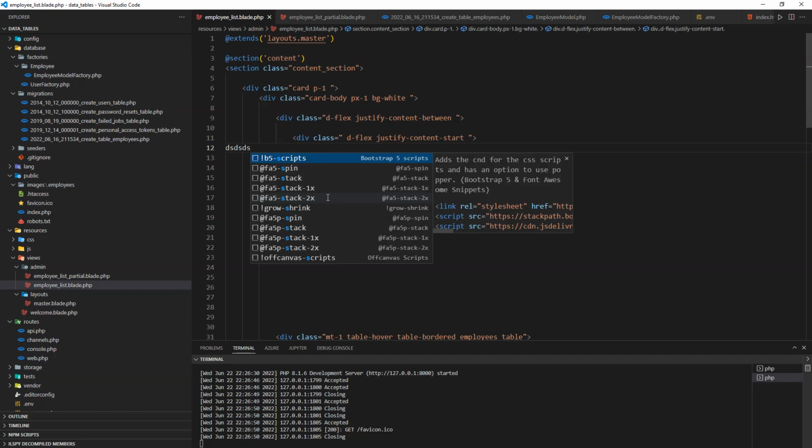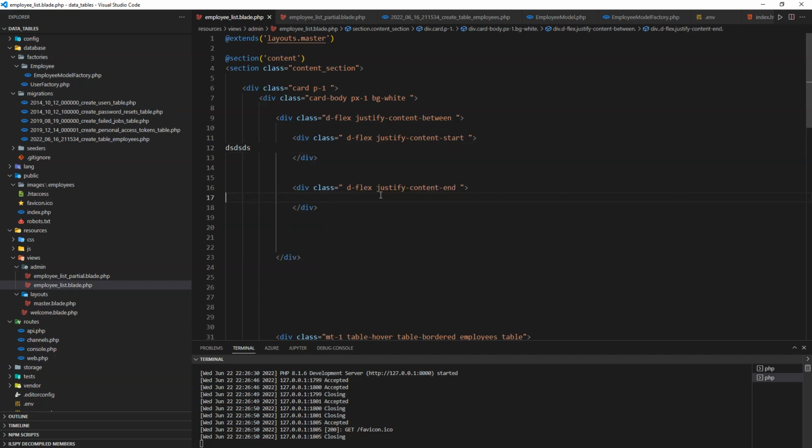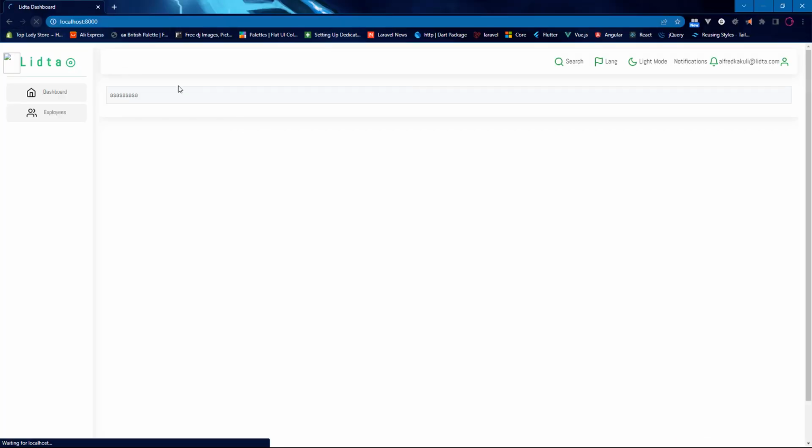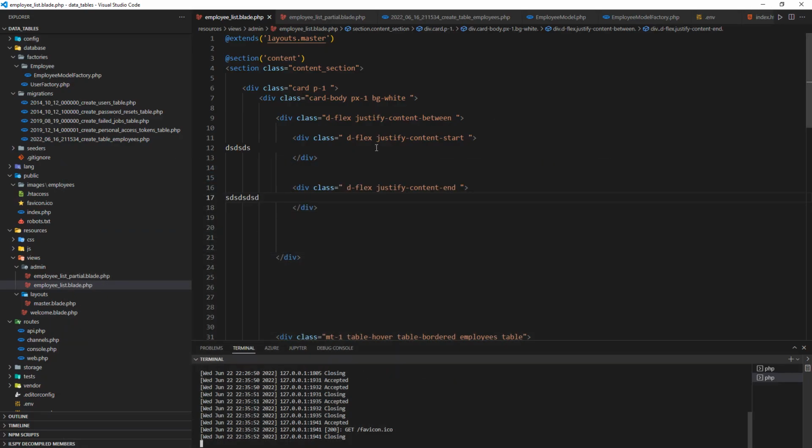If I put anything here like that, and another content inside my second block, I'll go and see how that looks. We should have some content in the beginning and another content at the end, and here we do. We have some content in the beginning and the other content at the right side of our page. So that was my aim, and for now, inside the first division here, I'm going to have a row,